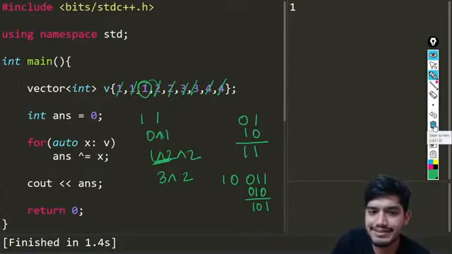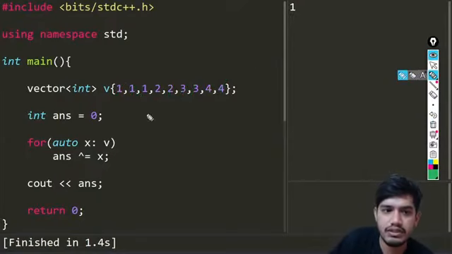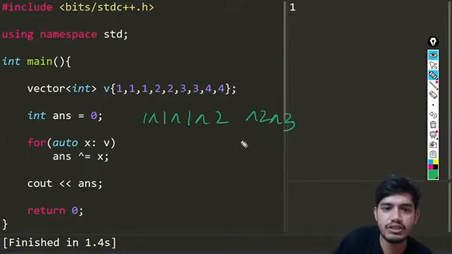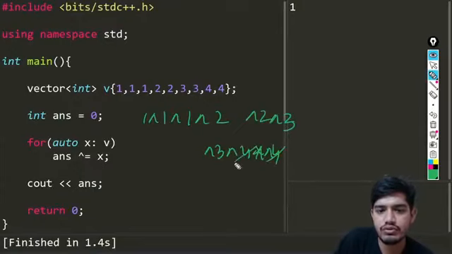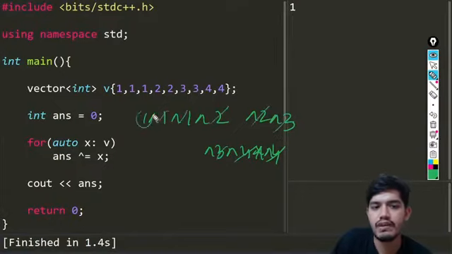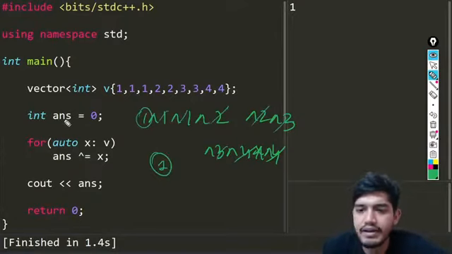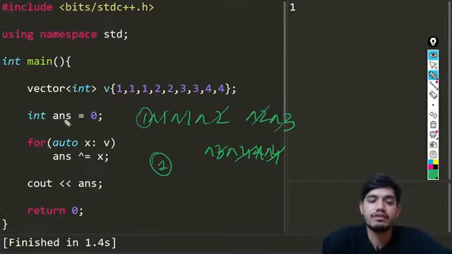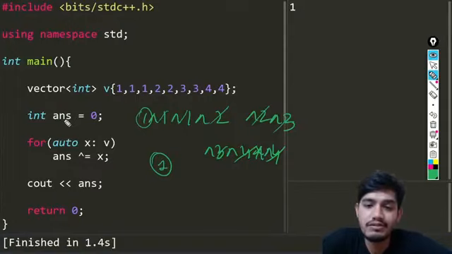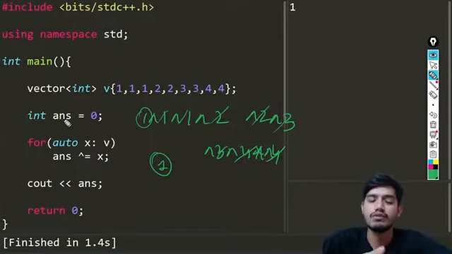I hope that makes sense. So you can simply say it is something like this: 2 XOR 2 XOR 3 XOR 3 XOR 4 XOR 4. Each pair cancels out, and only the value which remains is 1. So that is the important implementation of XOR where we can use it. This bitwise XOR operation, or bitwise operators, or the whole of bit manipulation is a very important topic to discuss. This was our first session, so we didn't discuss many questions.